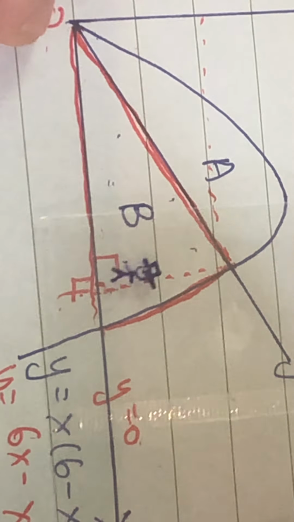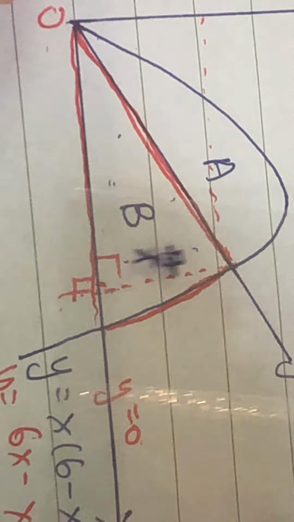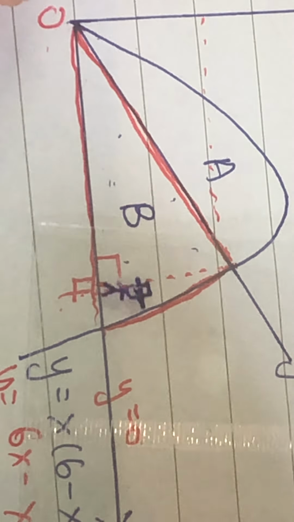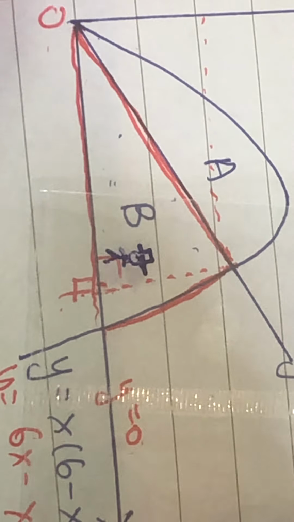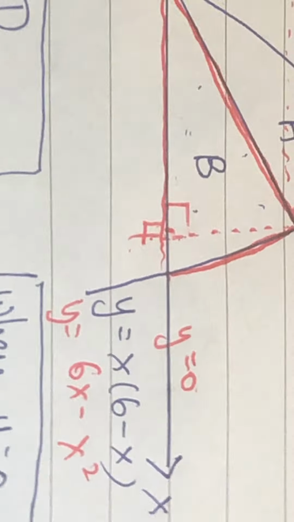Okay, how about this part here? So this area of the triangle plus this part here, then that will give you the area of B already. Alright? Okay, once you've understood what I'm saying here,